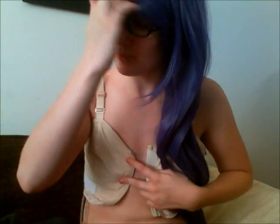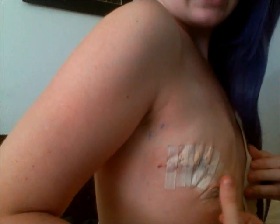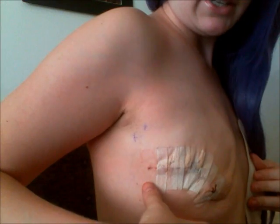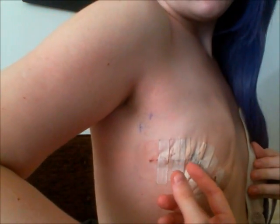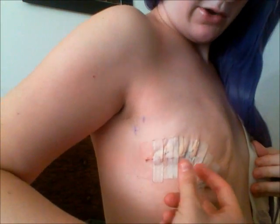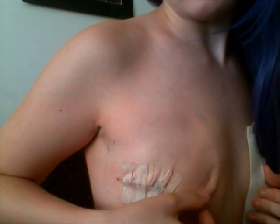And you're not supposed to sit and rub and scrub on the area because the stitches are fresh and it's a wound still. So you don't want to sit and scrub on it. But this is my mastectomy. I have these butterfly bandages across. You can see this is where the incision was. It went down across my areola, and then they left some skin here. This is actually skin that's left over, which is